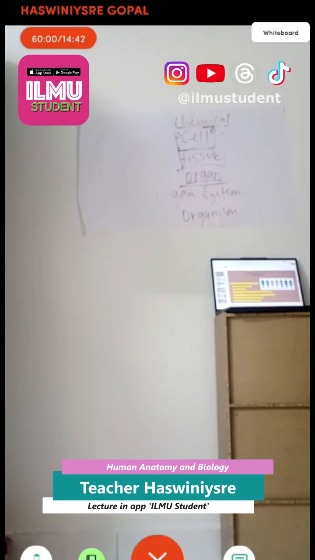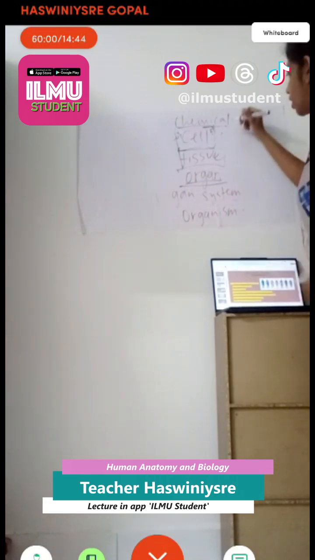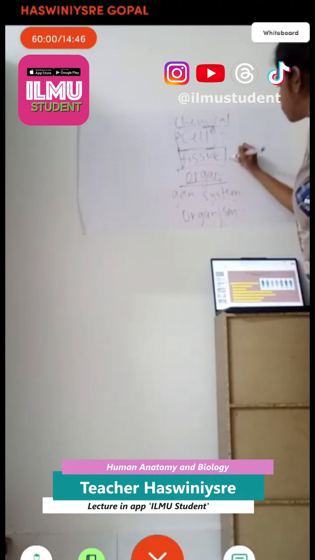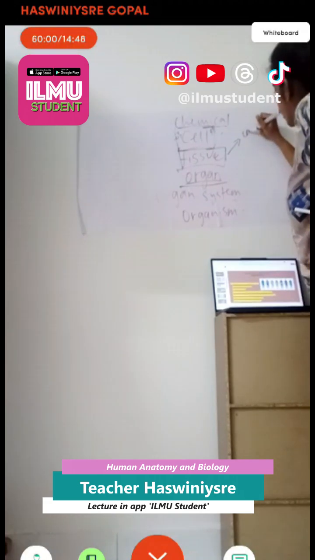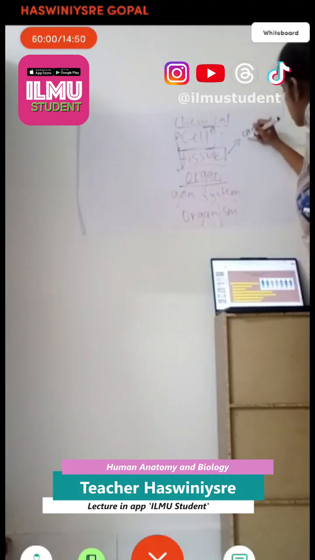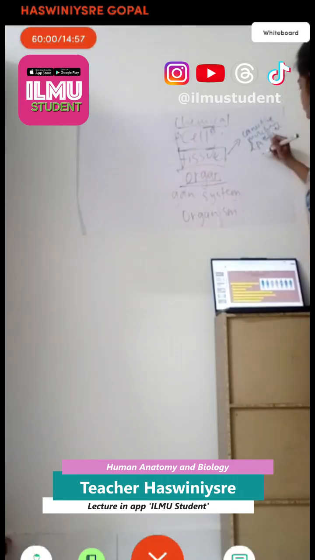Okay. Now here we have connective tissue, muscular tissue, epithelial tissue, and nervous tissue. Okay. The common functions together, example like